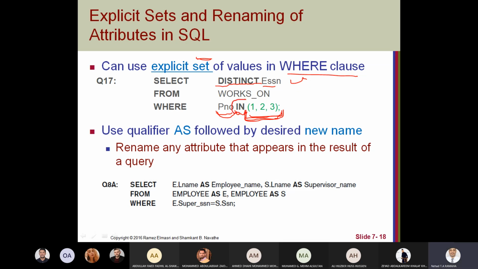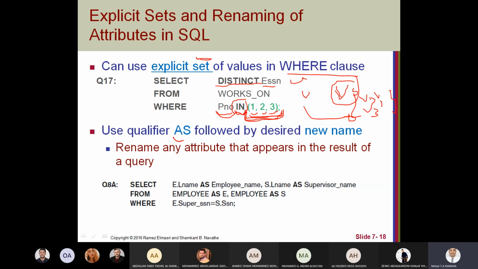I think we already mentioned IN, and we said that IN compares a value with a set of values. If this value is inside this set of values, same, instead of getting the set of values from a nested query, I can mention this value or this set of values directly here.